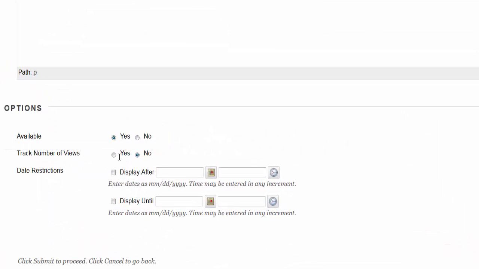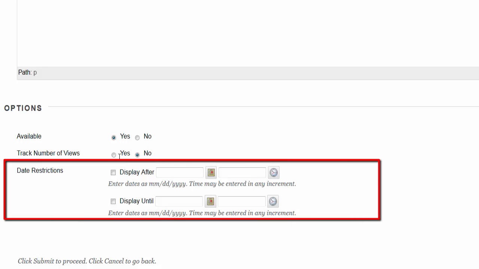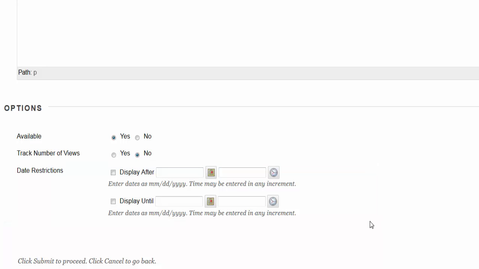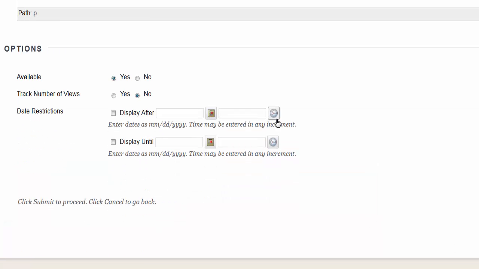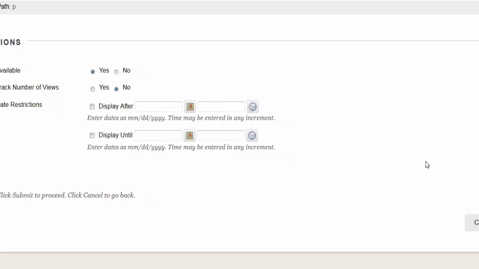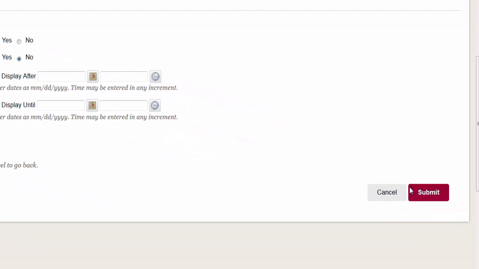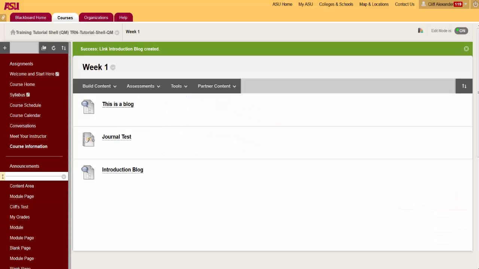You may choose to use the date restriction. Be sure to use both Display After and Display Until for it to function. It is also important to use the calendar and clock icons to set the date and time. Typing them in manually will generate an error. For this blog, we will leave it available for the entire semester, so we won't use the date restrictions. Click Submit. A link is now in the Week 1 folder,